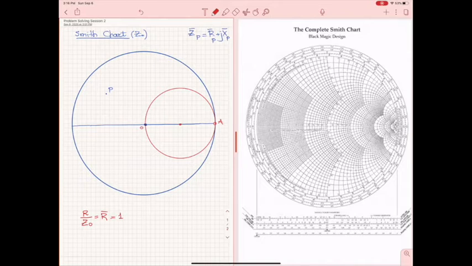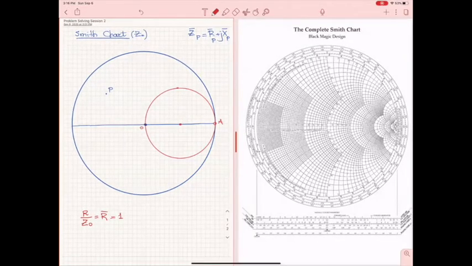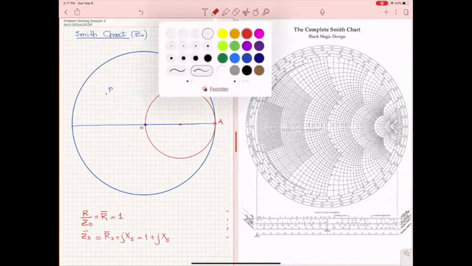So if I were to identify another point here, ZS, then this ZS would have what? A real part RS plus JXS, where the real part is 1, because it is on this circle. And then it has a reactive part, which we have not found yet. So for this P, if I want to find the real part of this P,